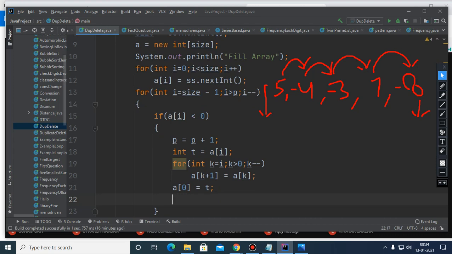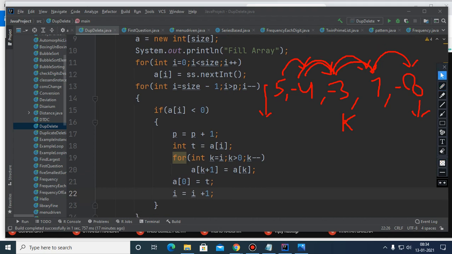One more thing, in the previous program I have told you, if consecutive duplicates are there, here also if consecutive negative elements are there, so we have to see it may not escape. So in that case, I is equals to I plus 1. In case when we are shifting -3 and -4, suppose we are shifting this -3 over here and K was here, so what will happen? One of the elements will get escaped. We have to check if it is also negative.